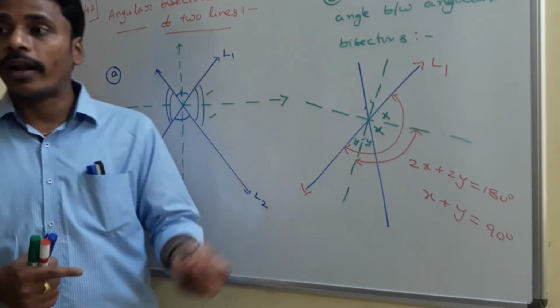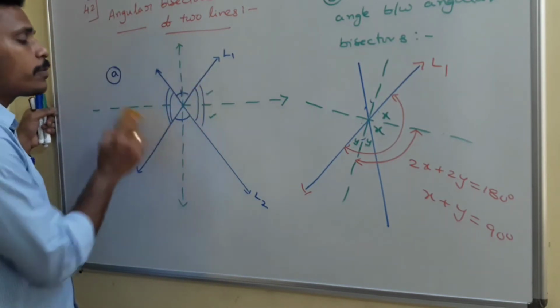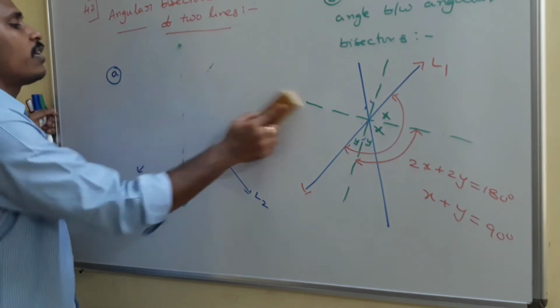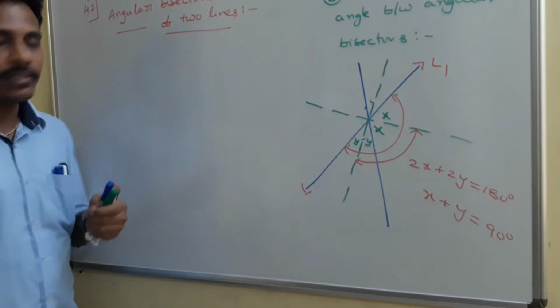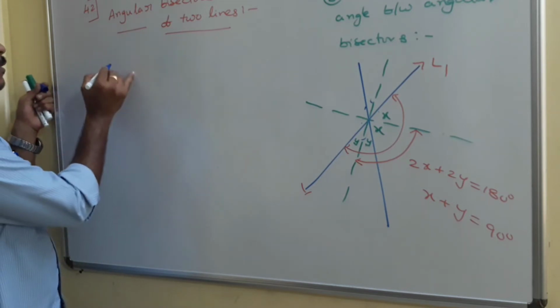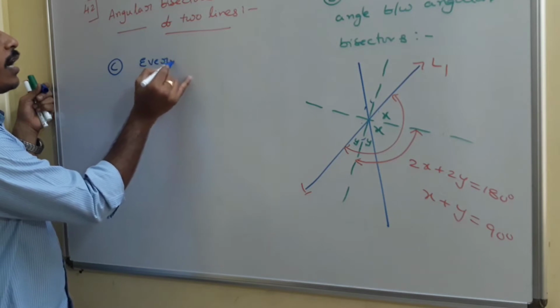And the next point I have to discuss. Just think about it. Another point. All these points are related to the concepts of plane geometry. After this, we need to enter into the points related to the coordinate system. Now the third point I am going to tell you is, every point on an angular bisector,